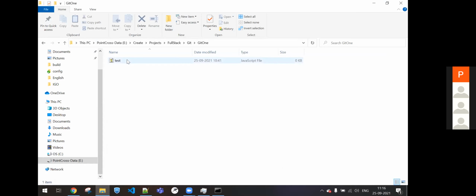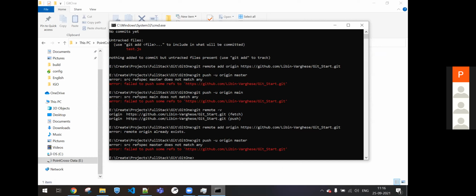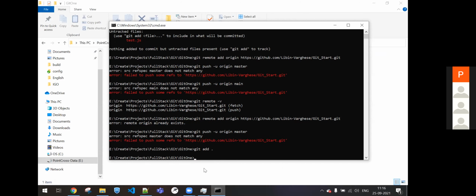I think that is not done. Maybe. Yeah, you see, correct. Git add, commit. Git add dot. Okay, git commit you do. Git commit -m, some message.